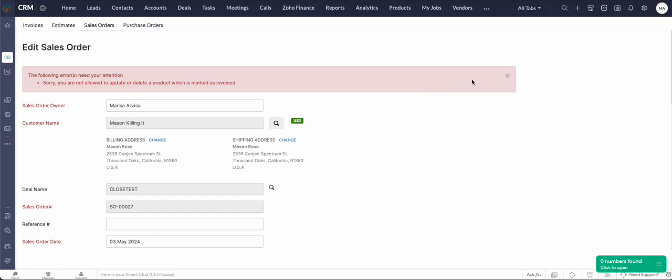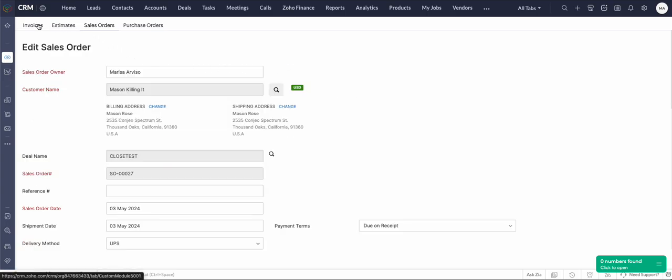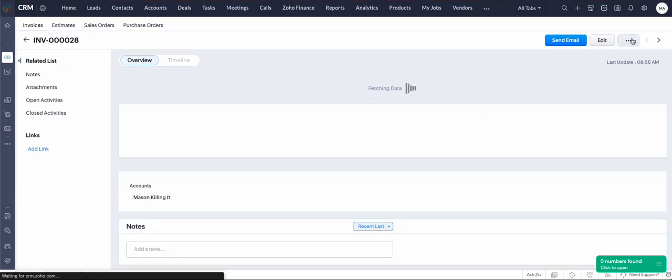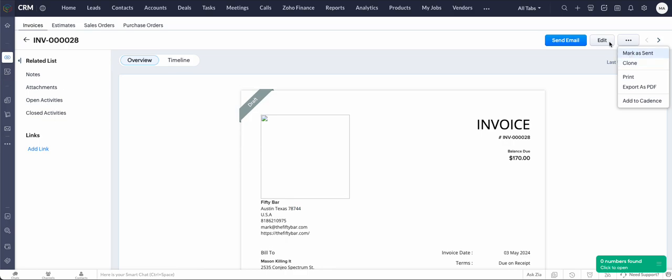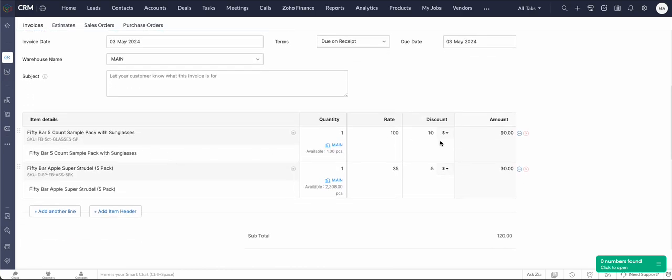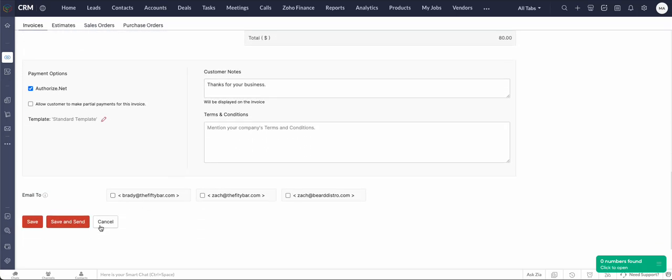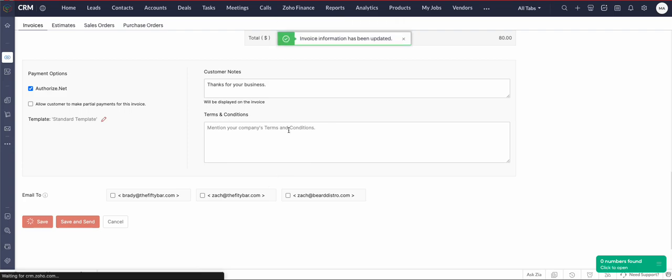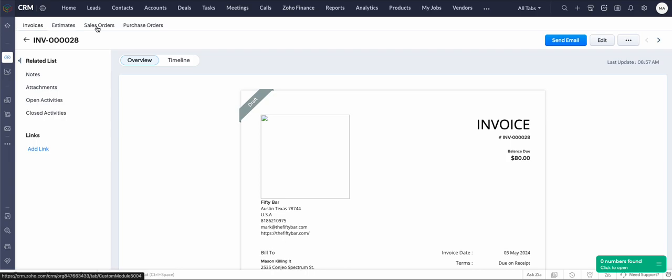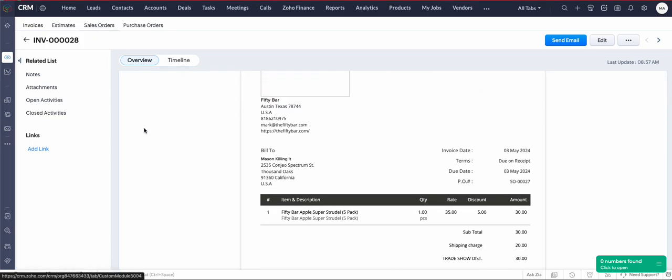So to fix this order, I could exit out of that. I could go back to my invoice that's still set up as a draft. I could cancel this invoice, or I could edit the item right off there like I did on my sales order. So I'm going to edit that sample pack off and save that. It's a good example of modifying your invoice after something has gone through. I could go back, because I did make a mistake and I added something on there that wasn't in stock. So now I have my invoice modified and it matches my sales order,